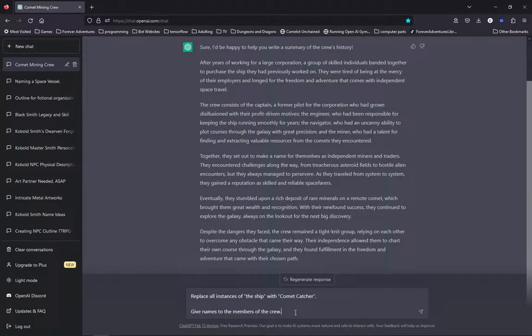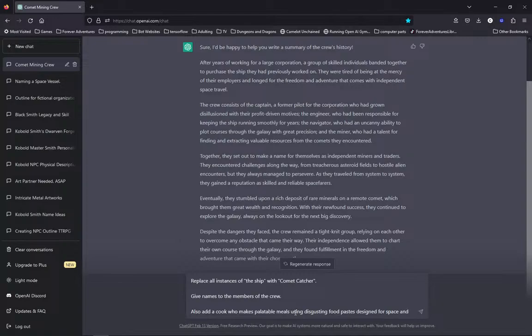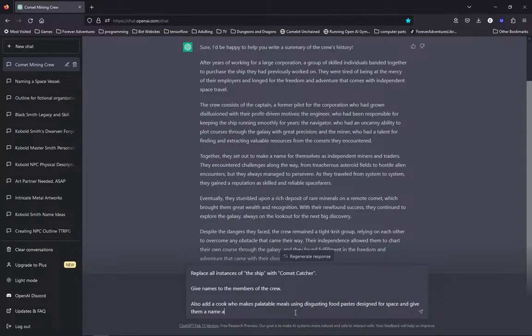So I just want to always give everything proper names because it's just more palatable while you read. Also, add a cook who makes palatable meals using disgusting food pastes designed for space, and give them a name also.